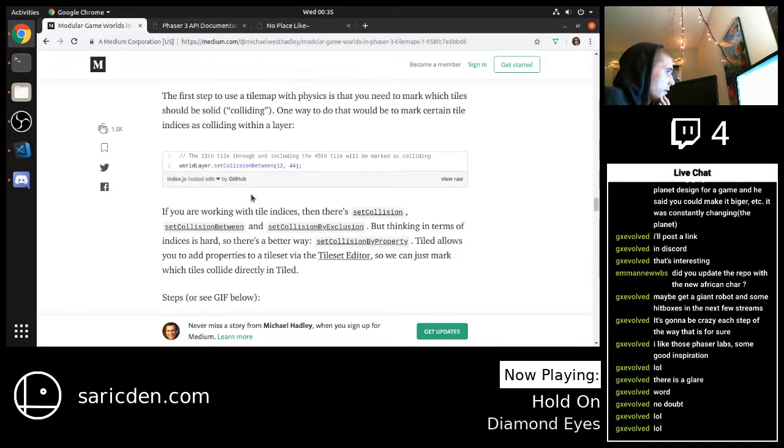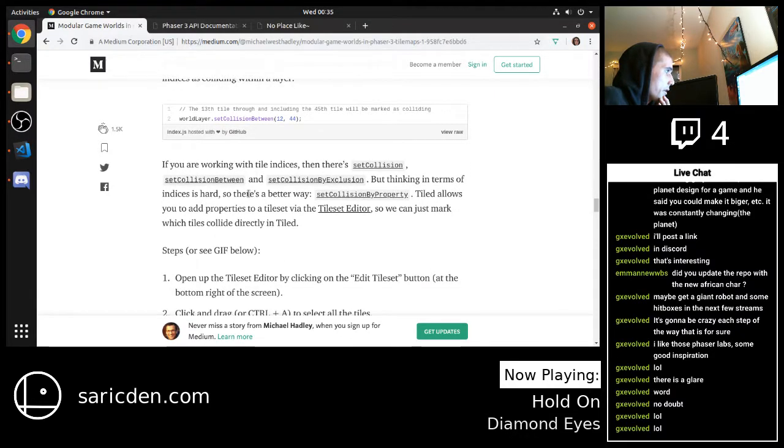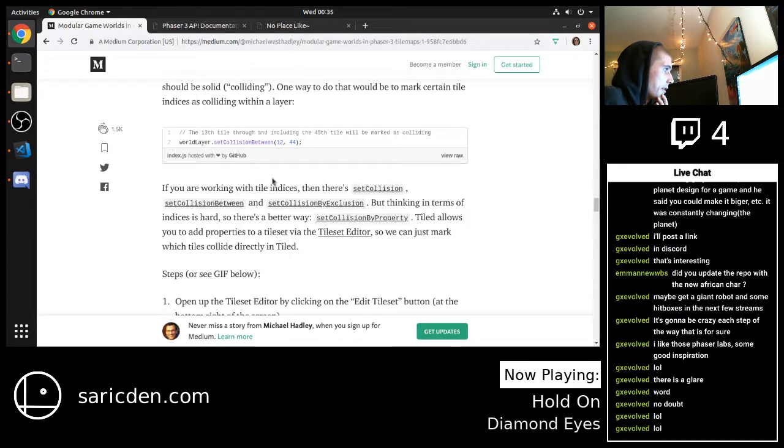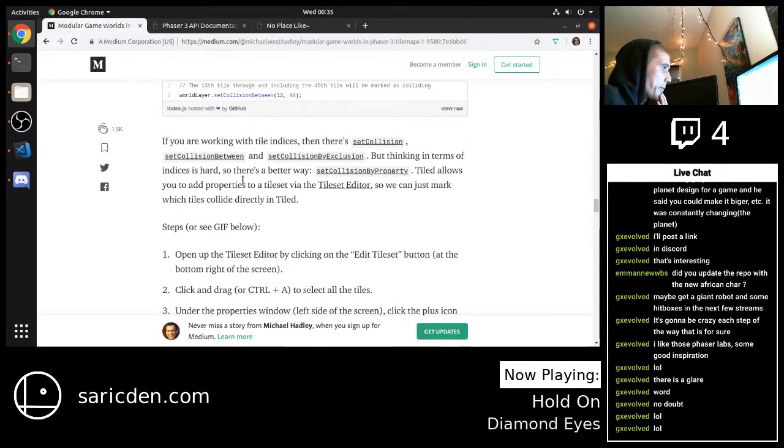Huh. Why don't we just, can we just do the whole layer? Because that's kind of how I had it set up. I don't really necessarily want to set them between for each tile. I mean, that would have worked and we wouldn't have had to do the layer thing, but since we did the layer thing, it makes sense to use the layers, no? So can we just say,